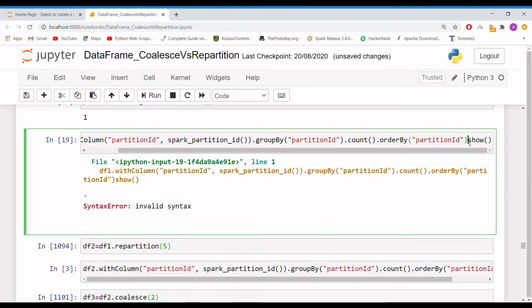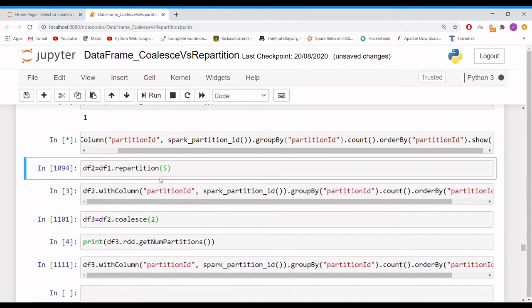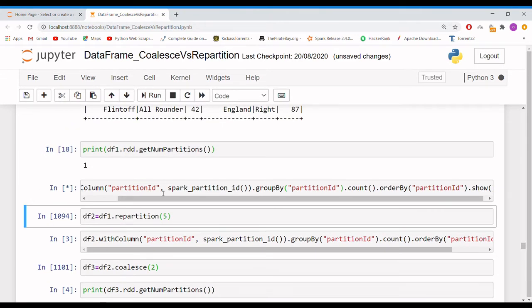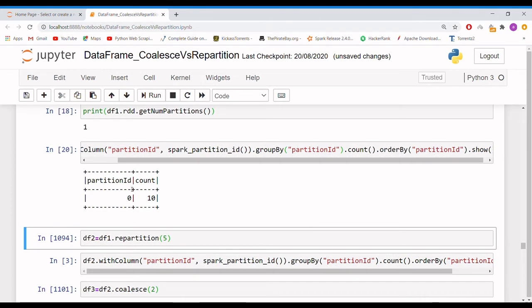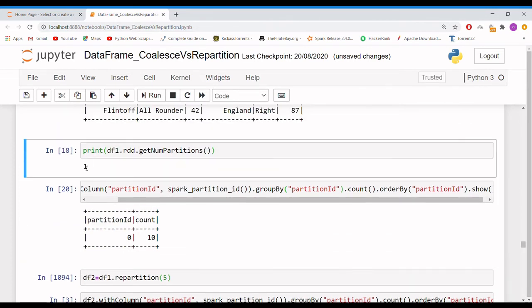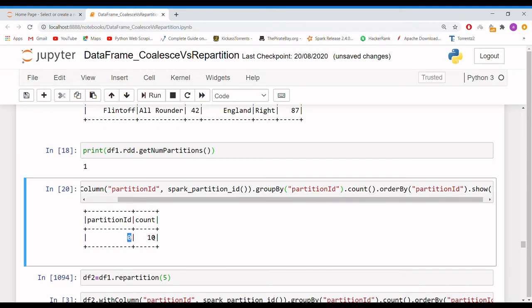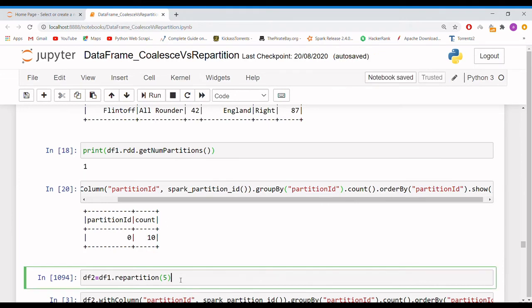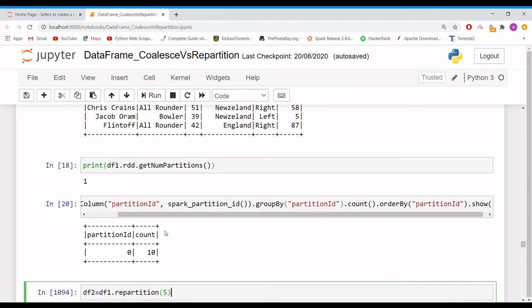Yes, I have missed the dot. Now I'll execute it. Now you can see, as predefined, only one partition is allocated. That partition ID is 0. In partition ID 0, there are a total of 10 records. So you can see on what partition how many records are stored.